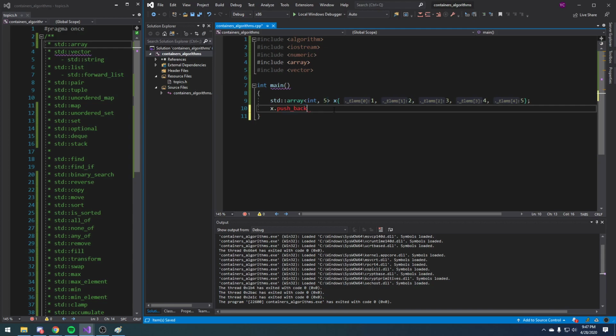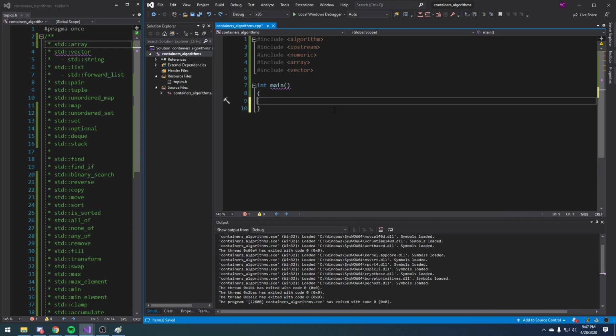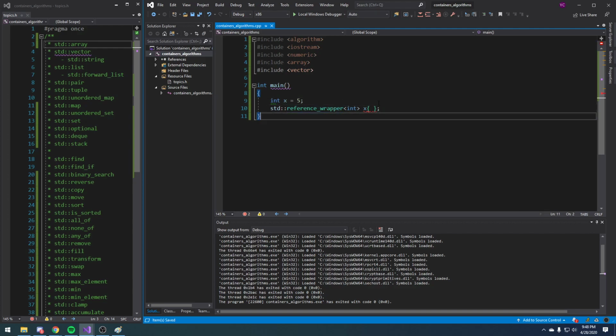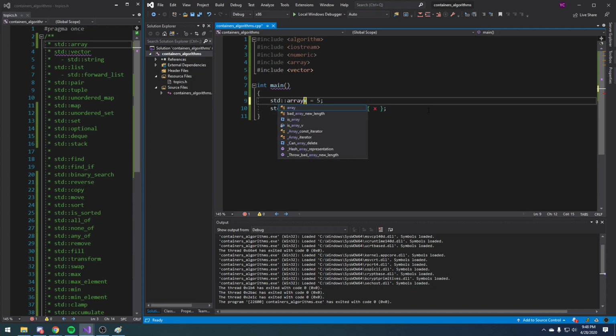Yeah, std::reference_wrapper is kind of a container. It's a container for a pointer. So I say, okay, well, you contain an int, and I say, okay, you're a new int. And now you're a reference to this value, right? But it's non-owning, right? So you can't do that. So I say int x is 5, and I say, okay, well, you're just a reference to x now. That might be easier, right? You would never have an array of one element, but